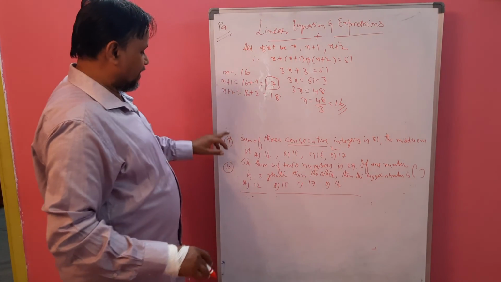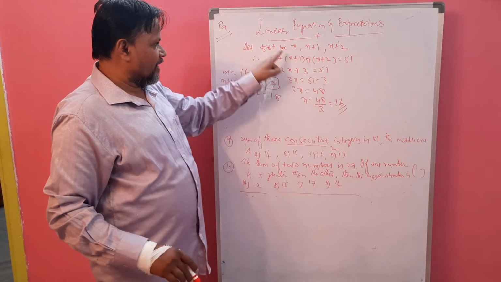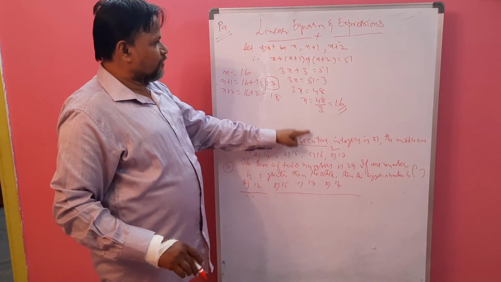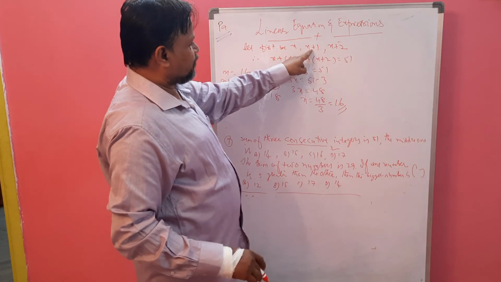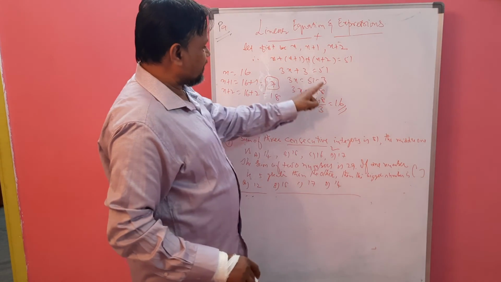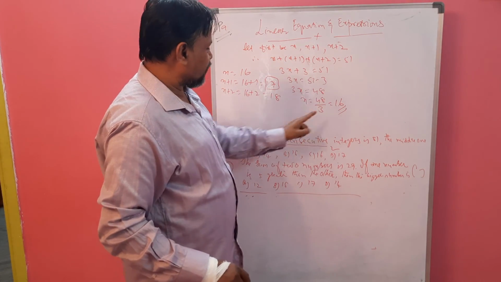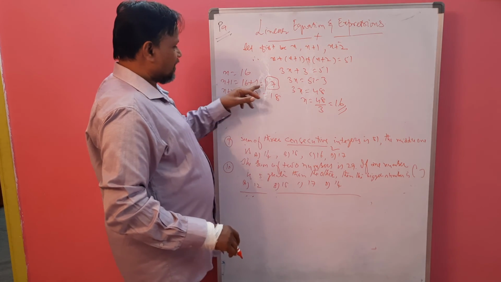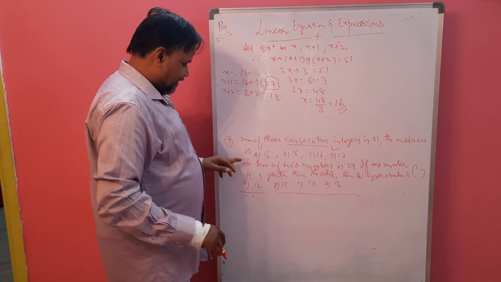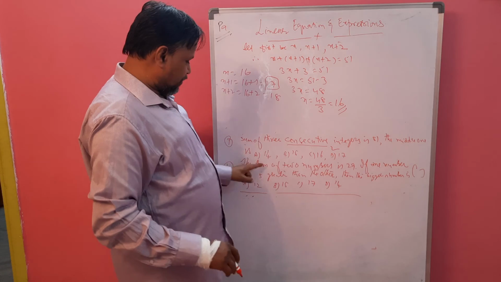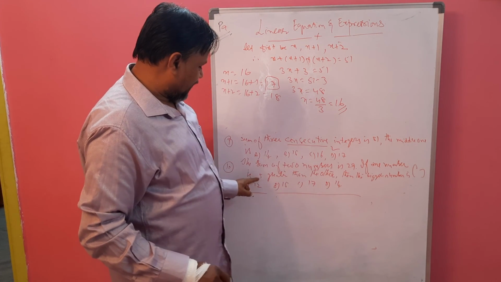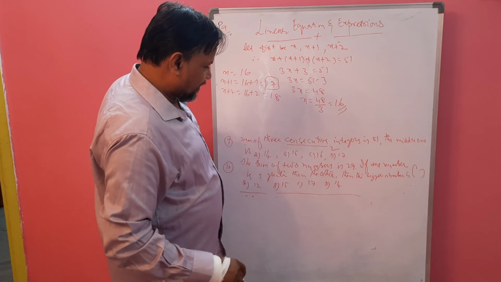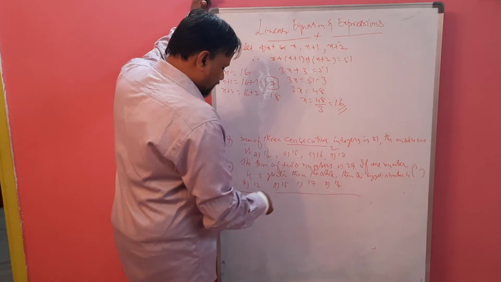Like that we can get it. First you have to frame a linear equation. Consecutive numbers means one after the other. So x is our first number, then x plus 1, x plus 2. Make it an equation, a linear equation, solve it, you will get the middle term, that is 17. And the 10th one is the sum of the two numbers is 29. If one number is 5 greater than the other, then the bigger one. Again we have to frame an equation.